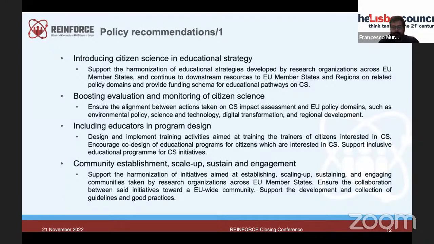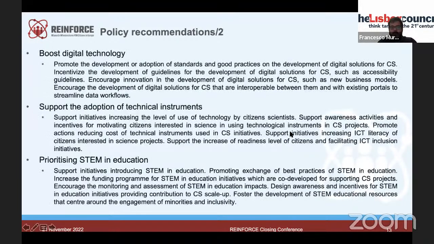And in fact, in our project, there is a work package with several tasks that are basically pushing in that direction, including educators in program design, community establishment, scale up, sustain, and engagement. It's core that the communities that are created through citizen science are somehow sustained and engaged. So there is the need for a continuous engagement of those communities.